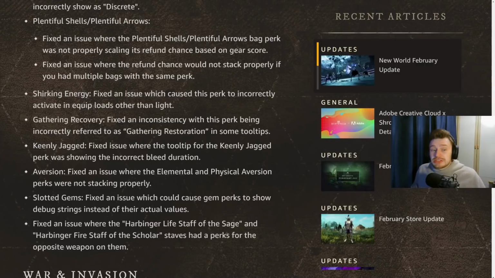One of the other key ones that I did point out in yesterday's video again, but I just want to reiterate how important this could be, aversion. They have fixed it, so essentially the elemental and physical aversion perks should properly stack now, which means these could go up or down in value depending which way this actually works out being. Most people are predicting that this is going to be better than they currently are. In other words, they're going to stack properly and you're going to get more resistances from them,